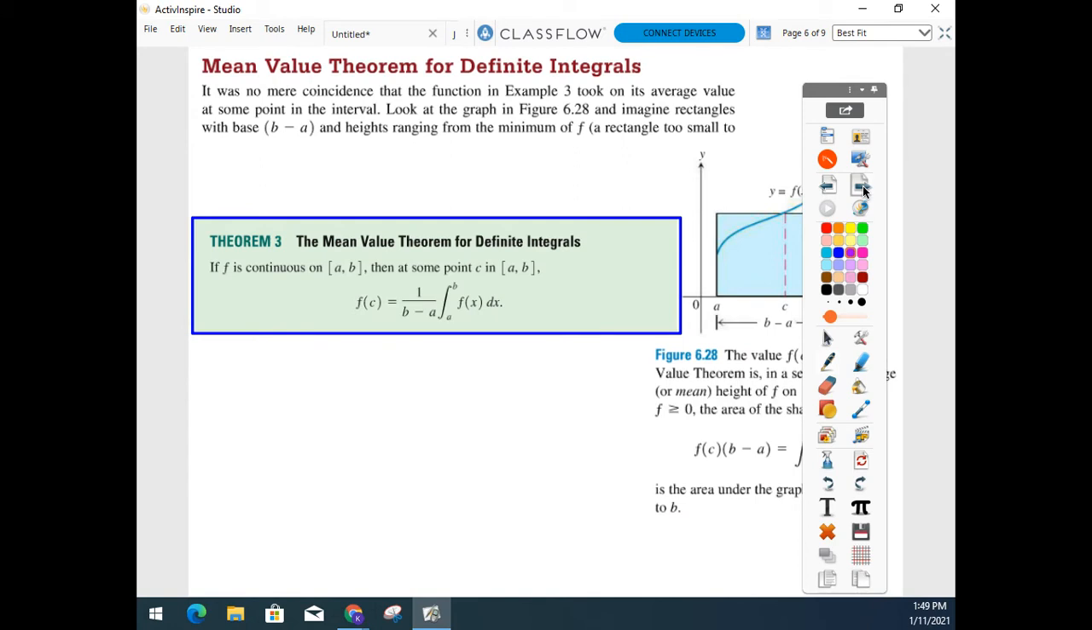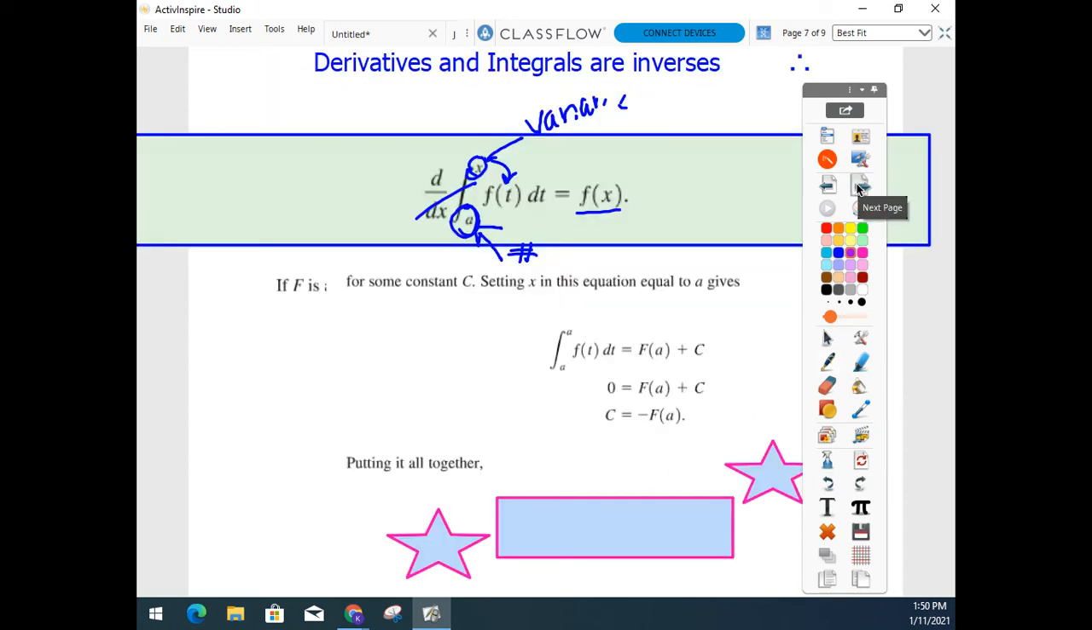Okay, so the mean value theorem: if f is continuous on a closed interval, then at some point c, the function will take on the average value. So theorem 3. And if you need time, pause the video to write that down. Our last one